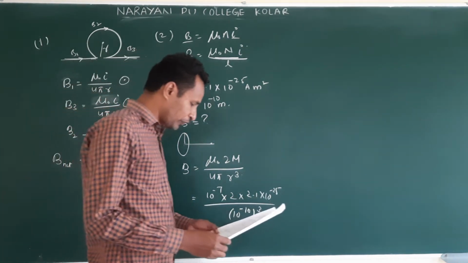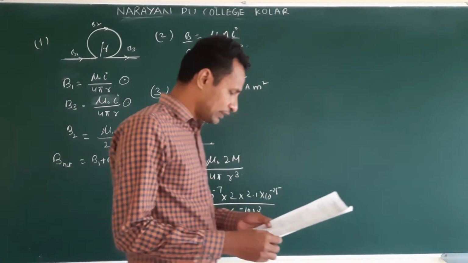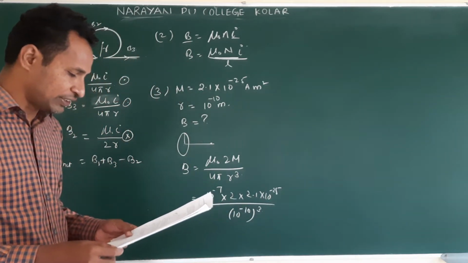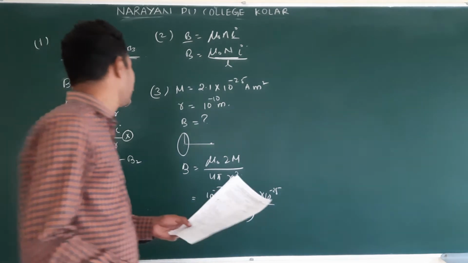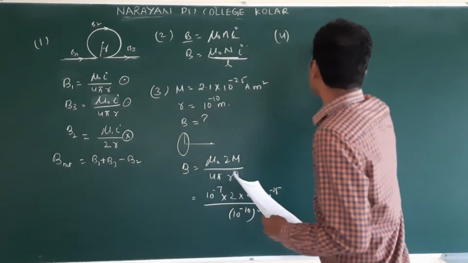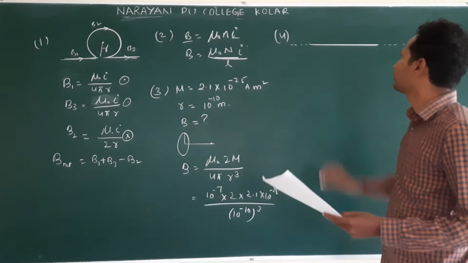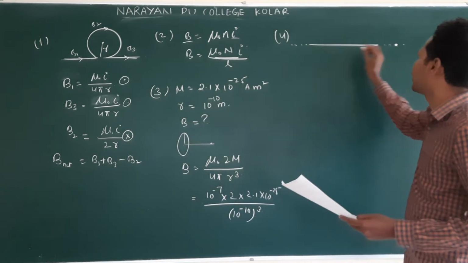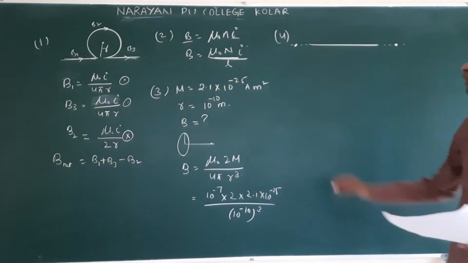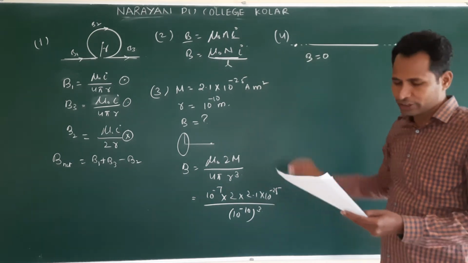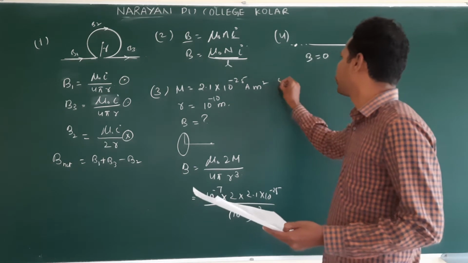Next, fourth one. A current of 1 ampere is passed through a straight wire of length 2 meter. The magnetic field at a point in the air at a distance of 3 meters from either end of the wire and lying on the axis of the wire. Fourth one. The wire is there, and this is the axis of the wire. They have given the point on the axis of the wire. Okay. Then on the axis of the wire, what is the formula? B is equal to 0. So direct question. Okay. Option 4. Fourth question, option 4.